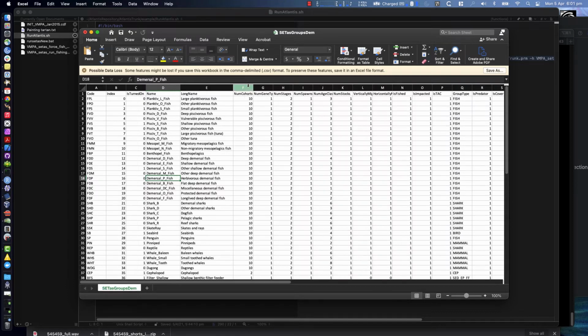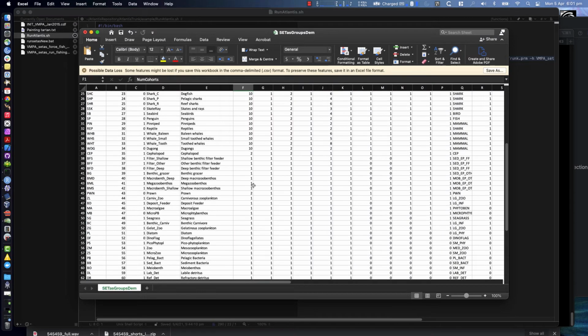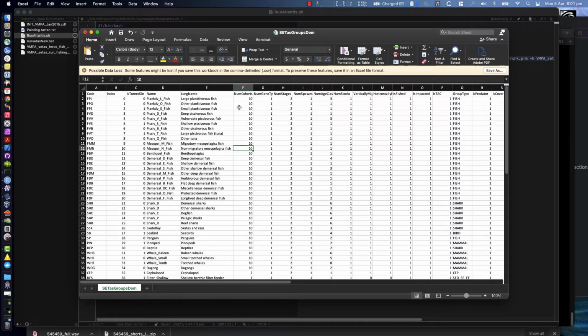For each group you have to have the number of cohorts, so that's the number of age bins for the group. So one for the biomass pools, a couple for the age-structured biomass pools, and then more for the fully age-structured groups. They don't all have to be 10. In the very original model, it was just a nice compromise between ecological complexity and how very old computers used to handle memory. It's no longer a constraint. You can have as many as you like. I have models with as few as 2 or 3 for very short-lived species and hundreds for very long-lived species